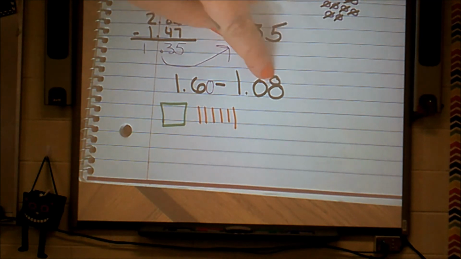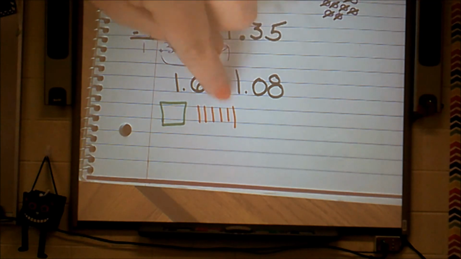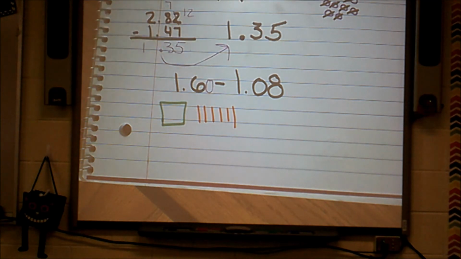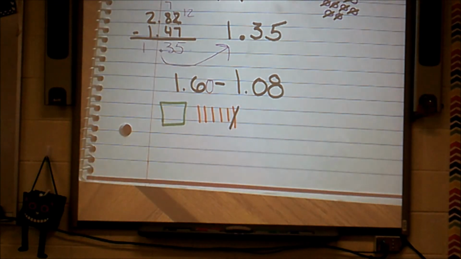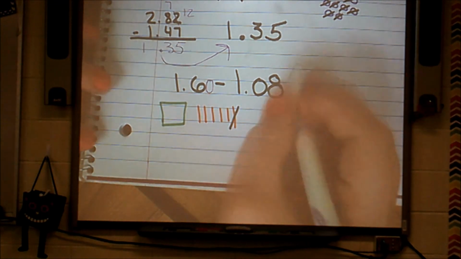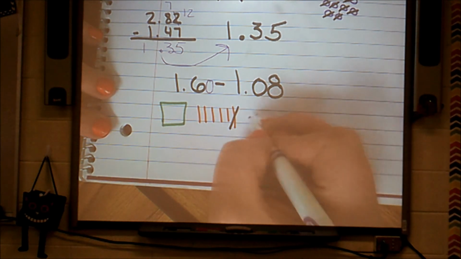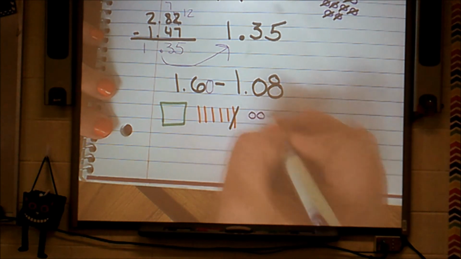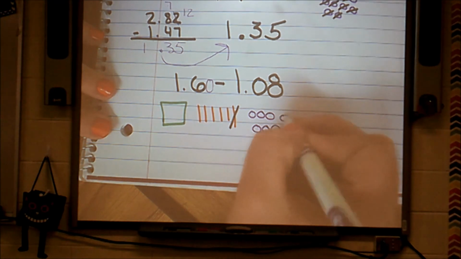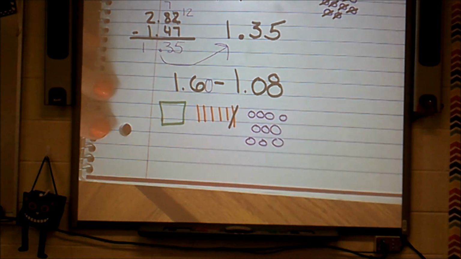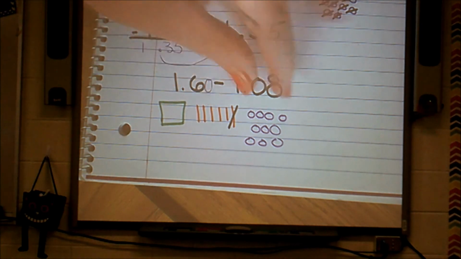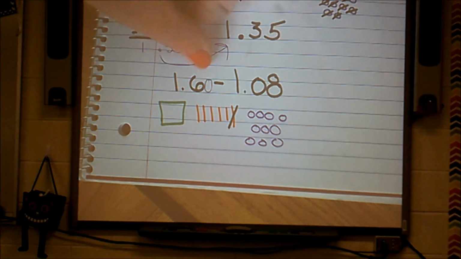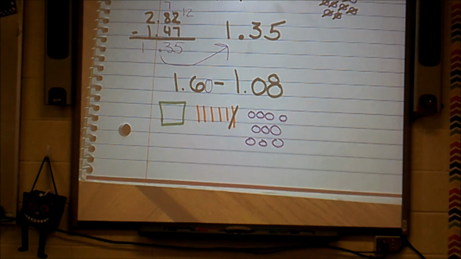Well, I can't rightly take 8 away from 0, so I'm going to have to take one of my 10 rods and break it apart. So I cross out a 10 rod, and I'm going to break it into 10 hundredths pieces. So I still have the same number here, 1 and 5 tenths and 10 hundredths, which is the same as 60 hundredths. Now I'm going to cross out 8 hundredths,